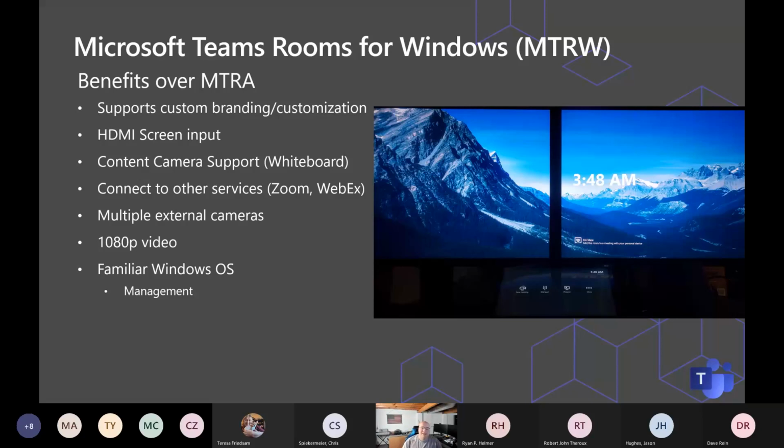And then also the management for this is not using something like Android as an example. You're actually using Windows as the underlying OS for this. So pretty much Windows updates, all those types of things are handled automatically. So the device is actually rebooted about 2:30 every morning, depending on your time zone, that may be different. But the underlying Windows OS is completely managed by Microsoft. So you can join to the domain if you want, but pretty much the best way that everybody deploys these is that they don't join them. They just treat them as an IoT device where you're not really joining it to a local domain, as an example. So really the Teams Rooms for Windows are kind of your top of the line scenario for